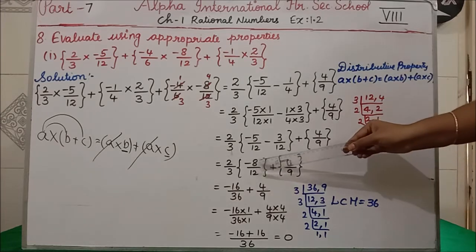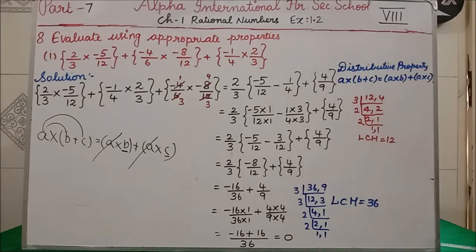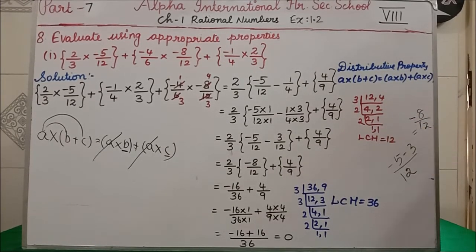Now see in the next step how I have written minus 8 by 12. Listen how I have written. I have told you both the denominator we have got same means you write 1 12, then minus 5 minus 3 we are having. Minus means what? You have to add and we have to see the greater number sign. Here 5 plus 3 is 8, 8 divided by 12. Here greater number is what? 5. For that what sign we are having? Minus. So minus 8 divided by 12 is the answer. Clear all of you? So that I have written here minus 8 by 12. Plus this 4 by 9 I am writing.